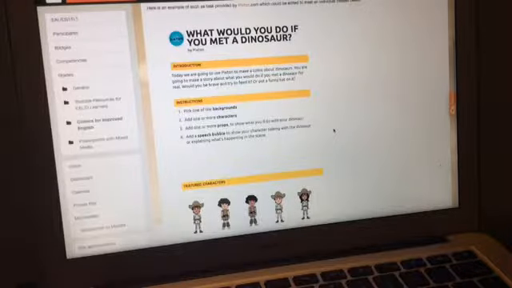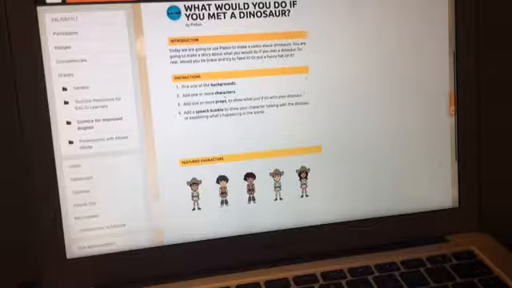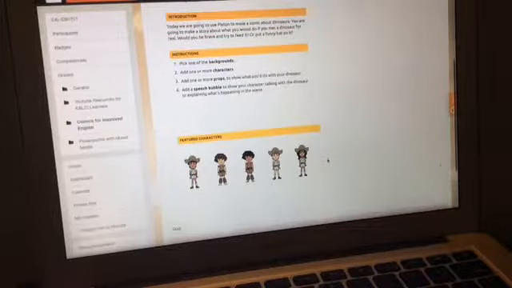So I've talked a bit about that here, and then I've provided an example that the teachers could use. This is an example from the Pixton site once again. On this site you can actually edit it to make your own, so it can relate to whatever topic you are exploring as a class. And you can set the parameters of what you want the students to do, give them some characters to choose from,